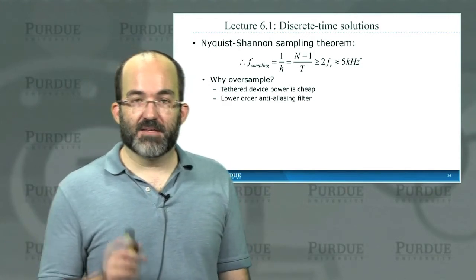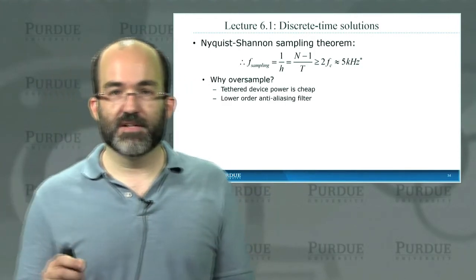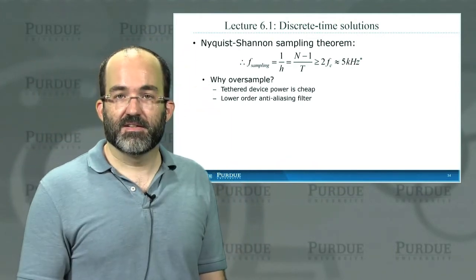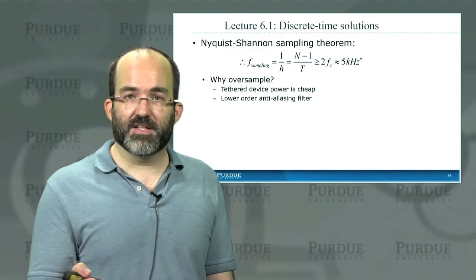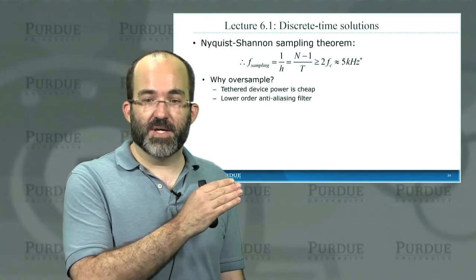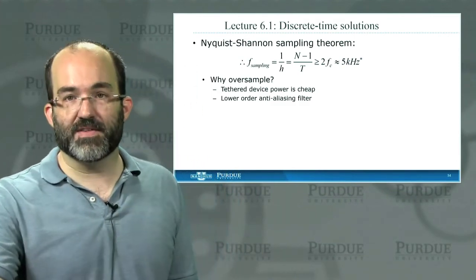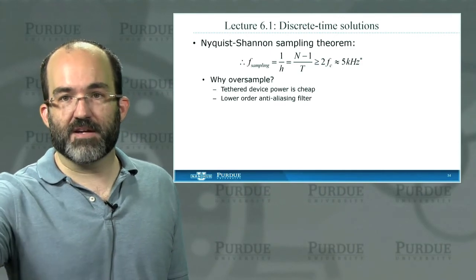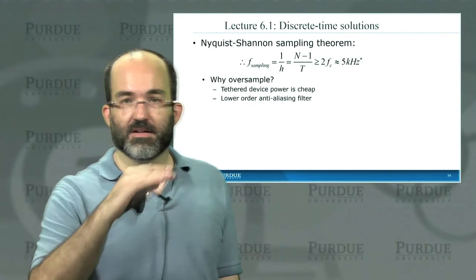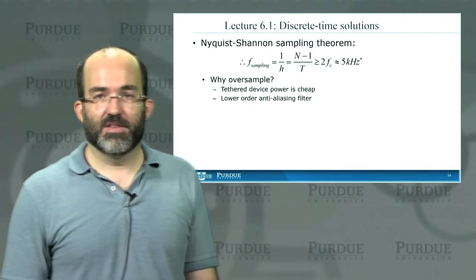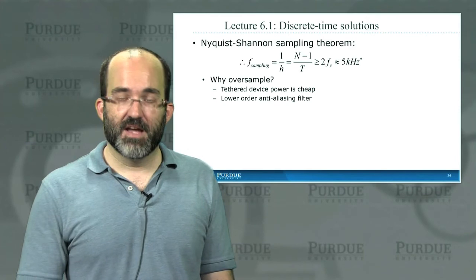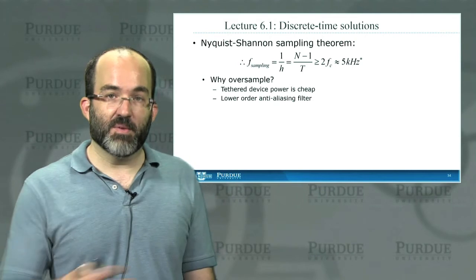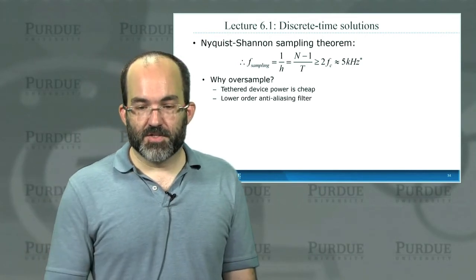A better reason is because it makes the filtering for the anti-aliasing much easier. So if you sample at 5 kilohertz, that filter has to roll off from 2 to 2.5 kilohertz, and that's pretty fast, right? If you sample at 50 kilohertz, then the filter still cuts off at 2 kilohertz, but now it can roll off from 2 kilohertz all the way out to 25 kilohertz, and you're sampling at 50 kilohertz. That's a full 10 dB, or an order of magnitude further out in the steepness with which the filter has to roll off. It makes things a lot easier. A smoother roll off for the filter is easier to implement. It's a smaller circuit, but it also introduces less ripple noise in the time domain. So that's another reason to do it.